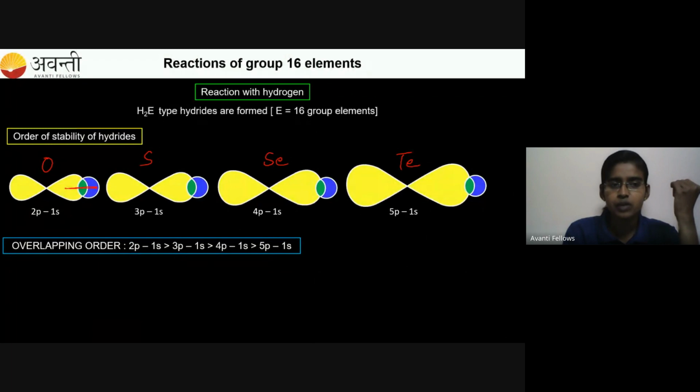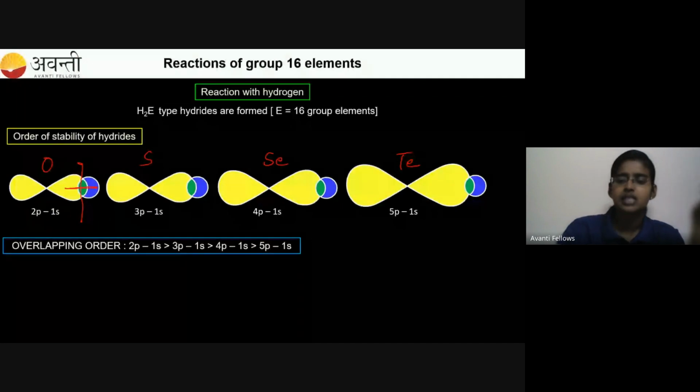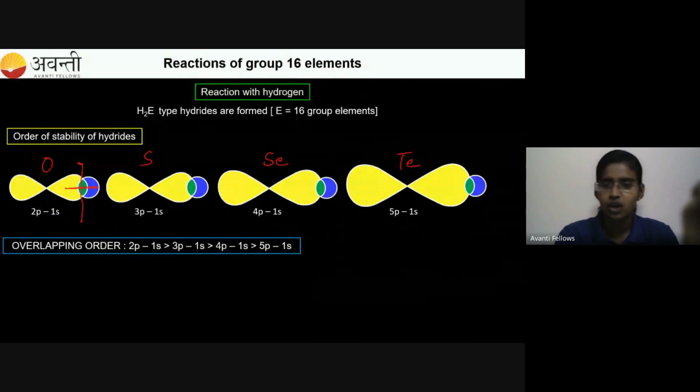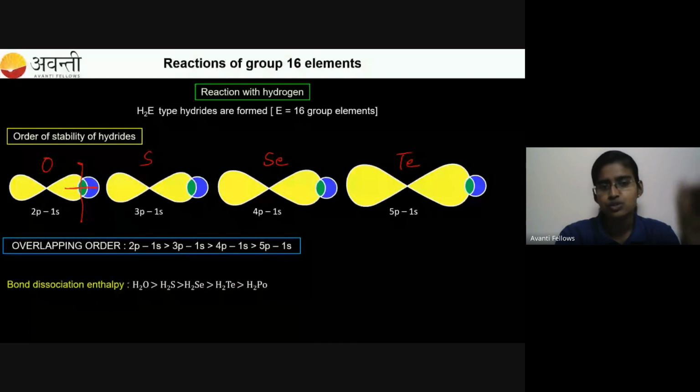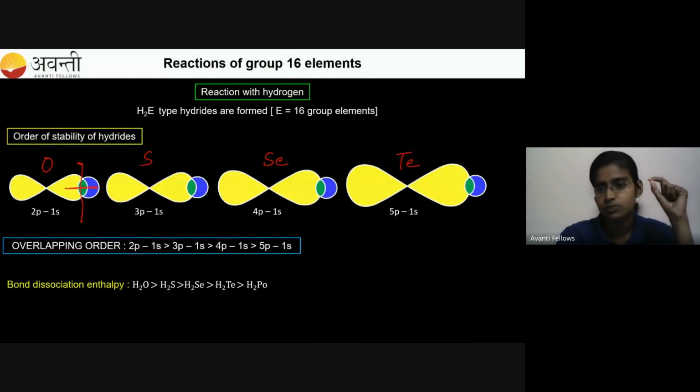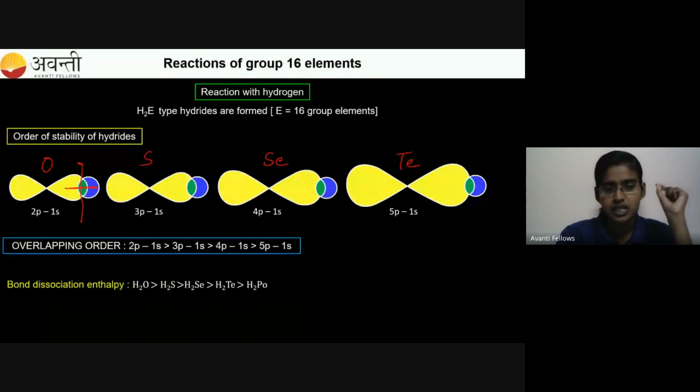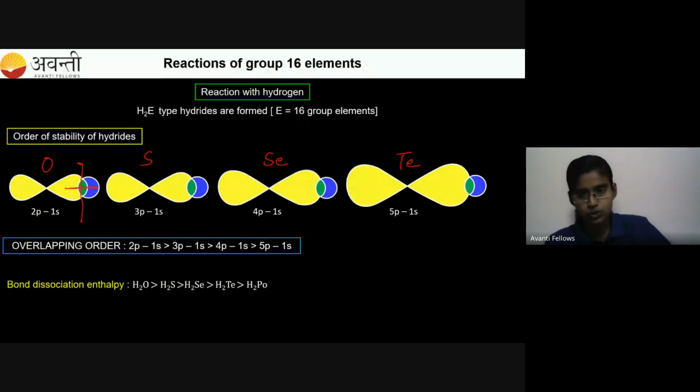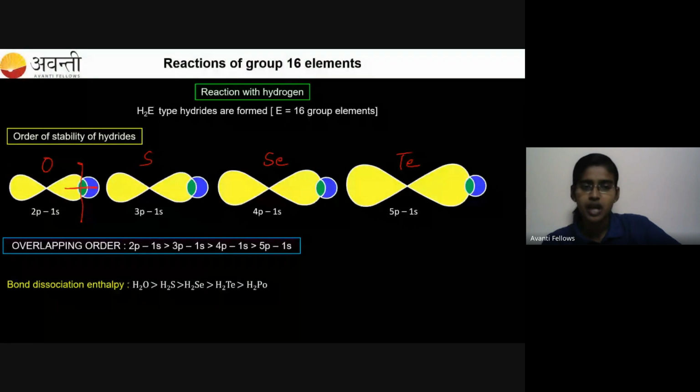The energy required to break this bond is very high. The energy required to break the bond is nothing but the bond dissociation energy or bond energy. So for H2O, it is very, very high. So it decreases on moving down the group. Okay. So the bond dissociation enthalpy order is as follows due to the high bond strength, and the thermal stability order